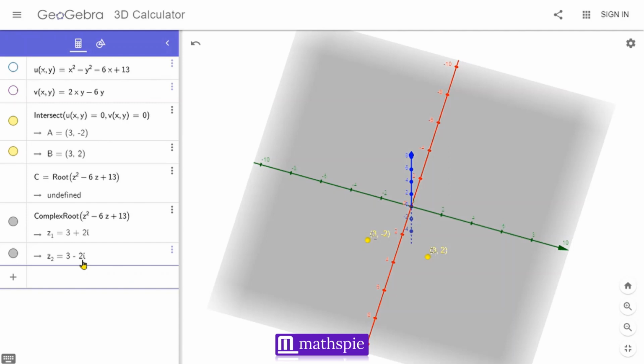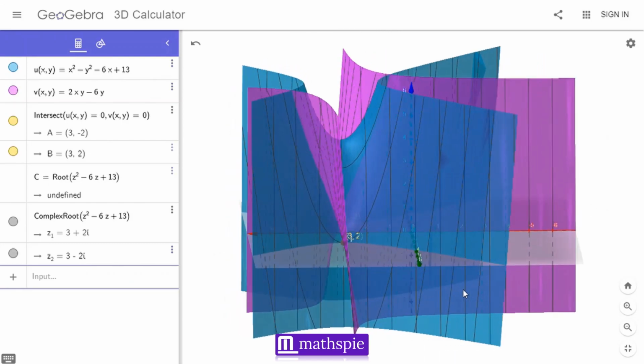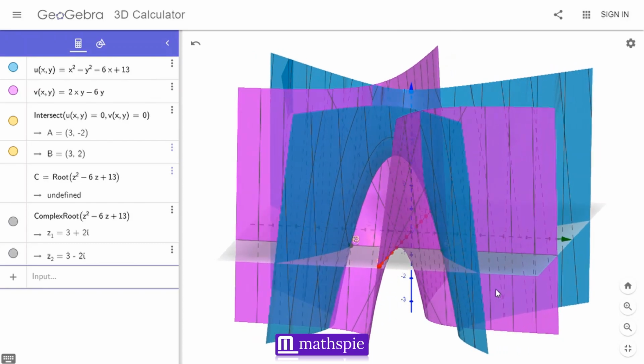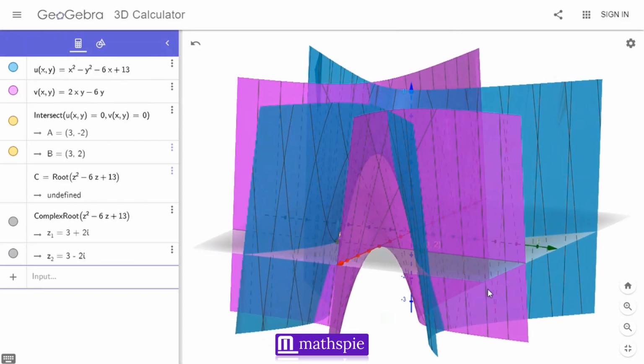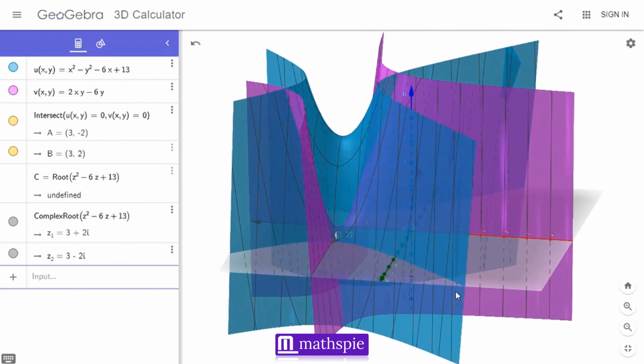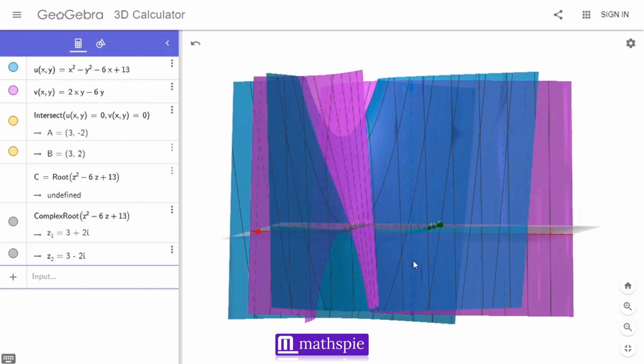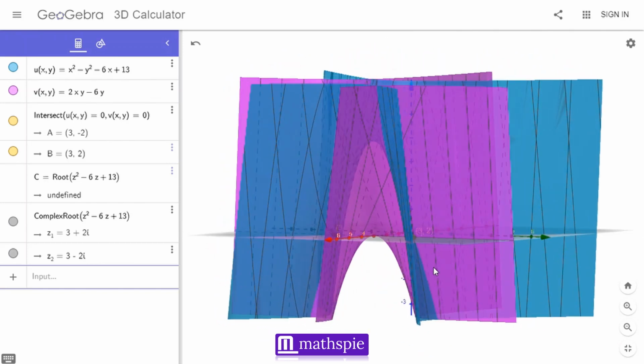If you have time and if you have interest, just expand this calculation from a quadratic equation to a cubic equation, or you can take higher powers. The point 3 comma 2 and the point 3 comma minus 2, here the 3 comma minus 2, and the point you can look from here 3 comma 2. These are the only 2 points on the xy plane where intersection is happening.